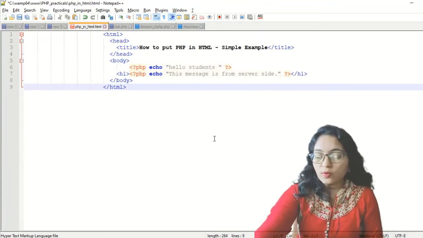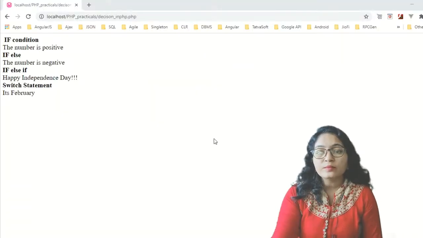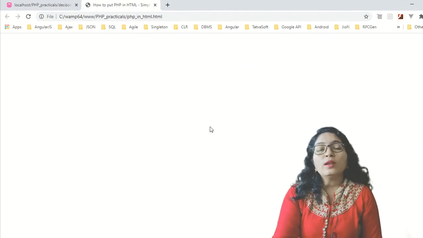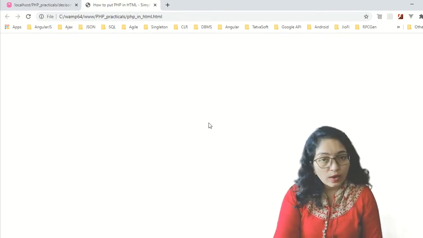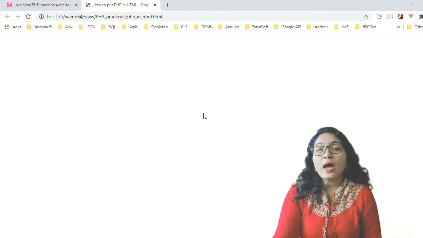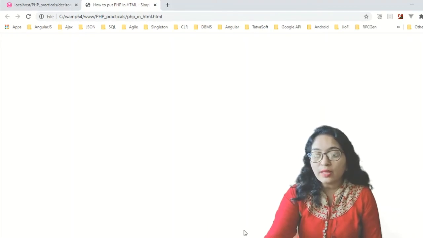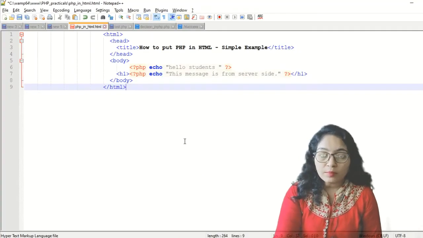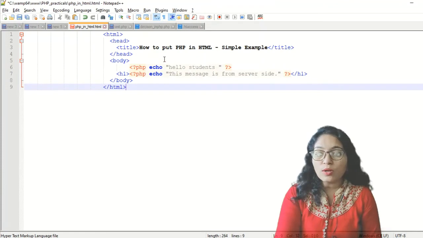Okay, so if you execute it directly, you will not get any output. Why is it so? Because we have written PHP code, that's why.